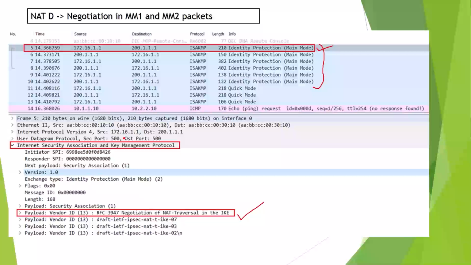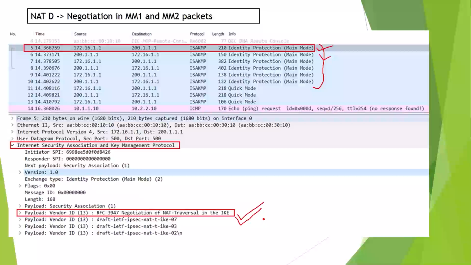Now you see this is the main mode's 6 packets. As you can see on the screen, these are the 6 messages in main mode. We will speak about them one by one. The first and the second messages that you see here are very important. In the first 2 messages, we exchange or negotiate NAT traversal, as we already discussed.